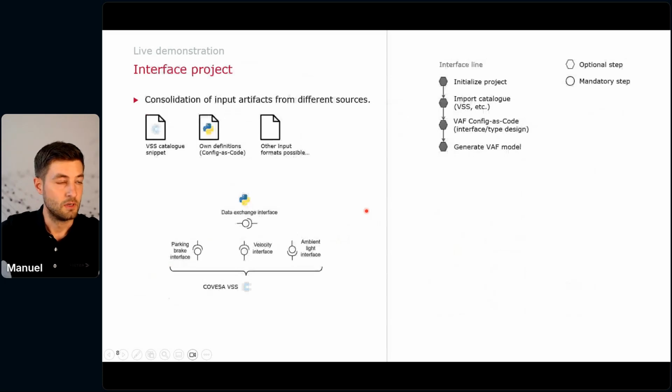Good. Then let's dive into the live demo. I will shortly switch to my VS Code window. But before we do that, we will now see the 3 different project types in the app framework, and the first one I would like to introduce is the interface project. Here we will see how input artifacts can be imported, how the config as code front end